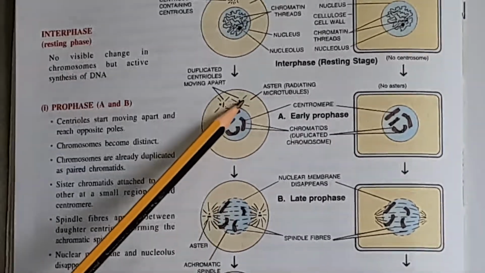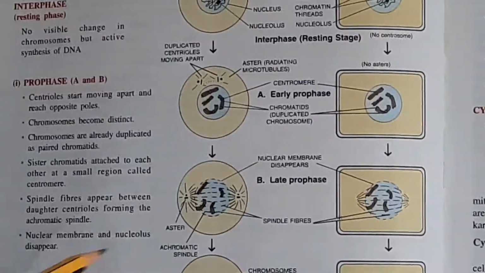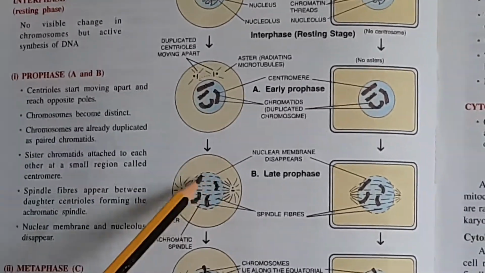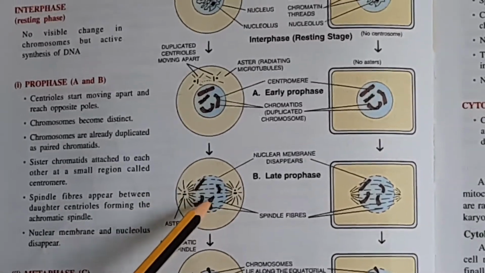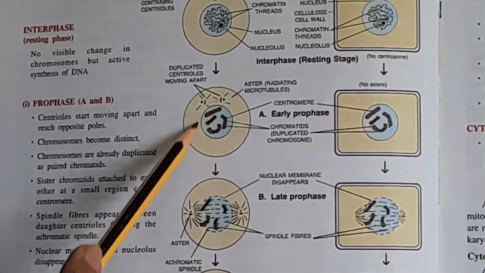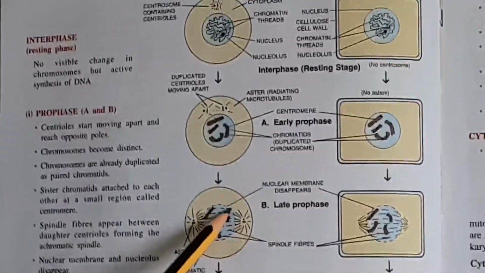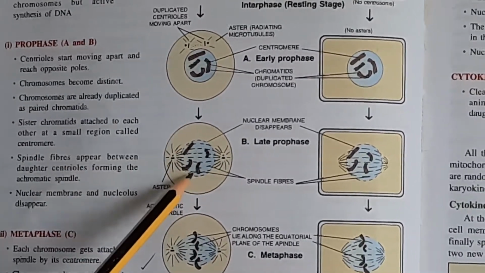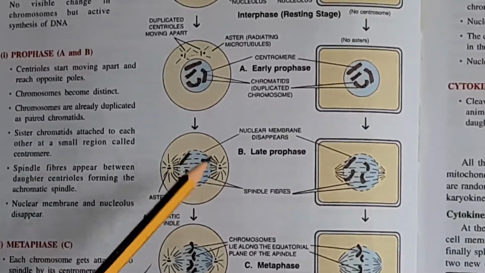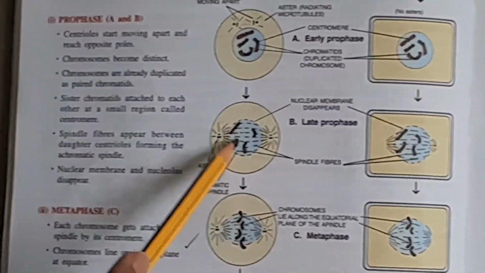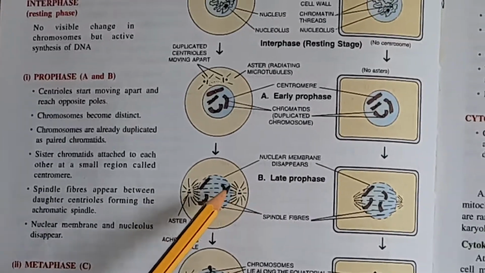Now these daughter centrioles have moved. You can see that the daughter centrioles have moved towards the poles and the number of spindle fibers has increased. And the characteristic of prophase is the nuclear membrane. You can see here this was dark, it is solid, but here it has become dotted, meaning the nuclear membrane will start to disappear. The nucleolus has already disappeared, and finally the chromosomes will get attached with the help of the spindle fibers at the centromere. So here it is getting attached at the centromere. That is the prophase.